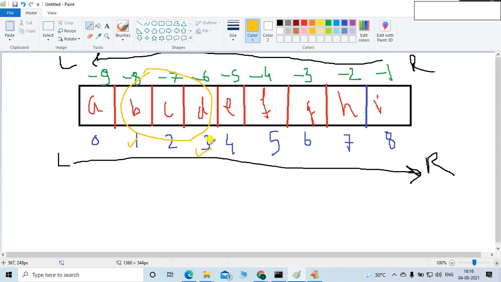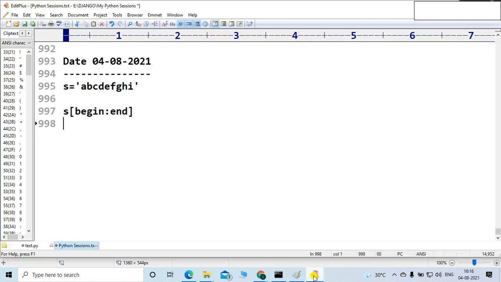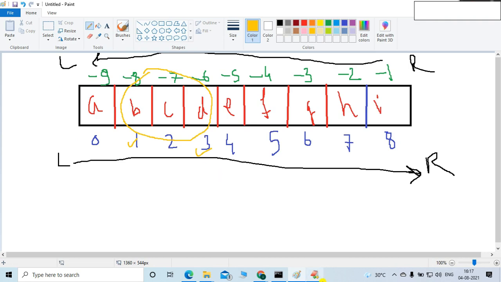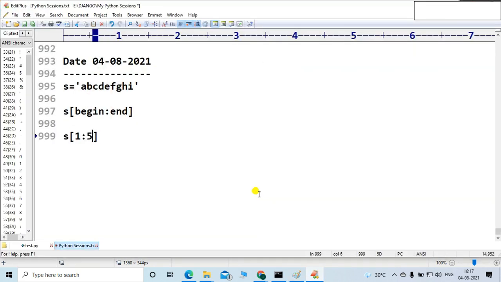One thing I want to mention here, friends: you have to mention the next position. Let me show you the result so that the things will be very clear. I want one location as the beginning, and the end is, let's say, 5. Here I wrote a 3. Okay, end is, let's say, 4. One second. Let me take the 4 and show you the result.